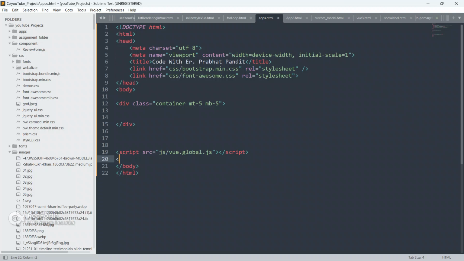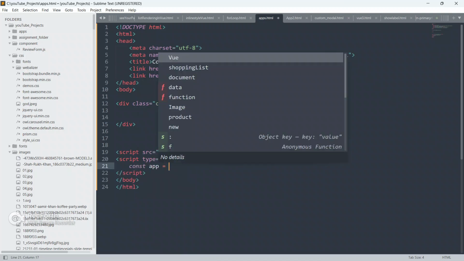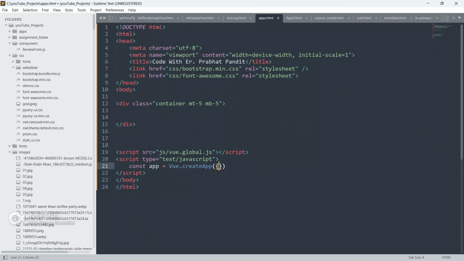To do that, we create a script tag. Okay, const app equal to Vue.createApp, and it will return data and will return.